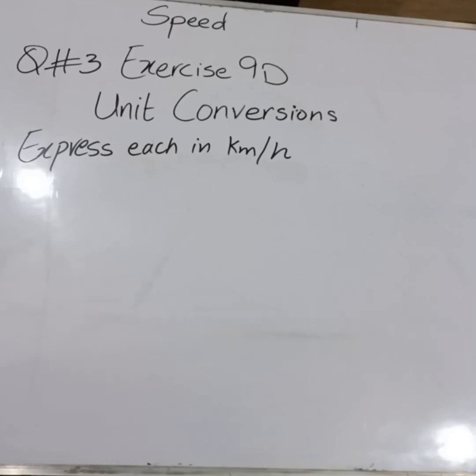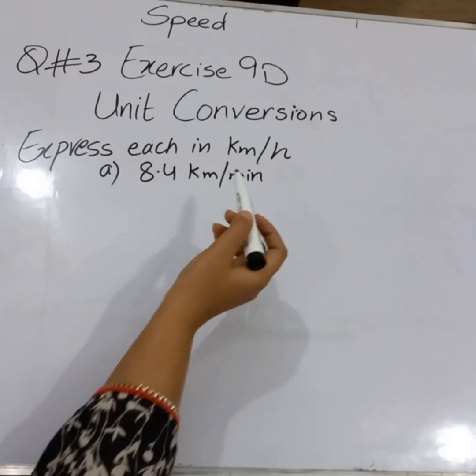As you know, today we are going to start exercise 9D, question number 3, in which we have to convert the units depending upon the given situation. In question number 3, the statement says: express each of the following in kilometer per hour. These are the different units that we have to convert. So in part A, 8.4 kilometer per minute is given, and we have to convert it into